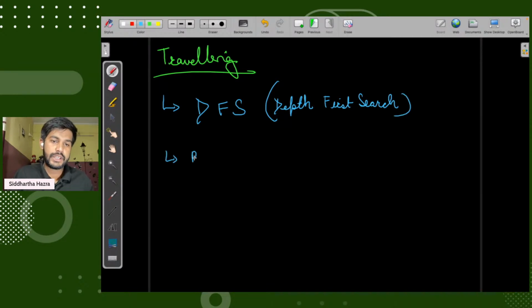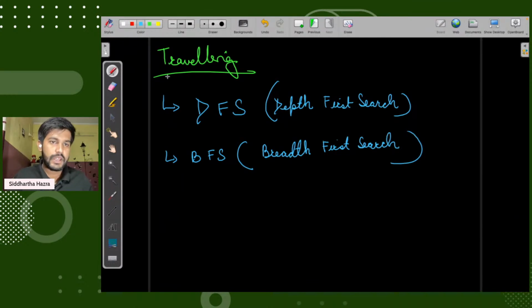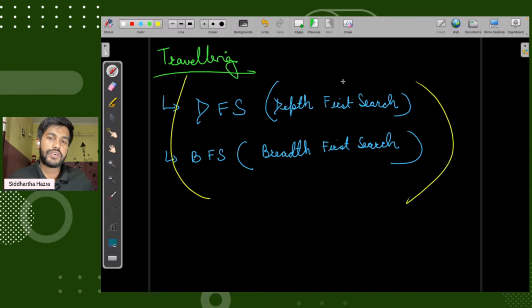And the very next one is BFS, breadth first search. These are the two ways we can think of to traverse the graph.